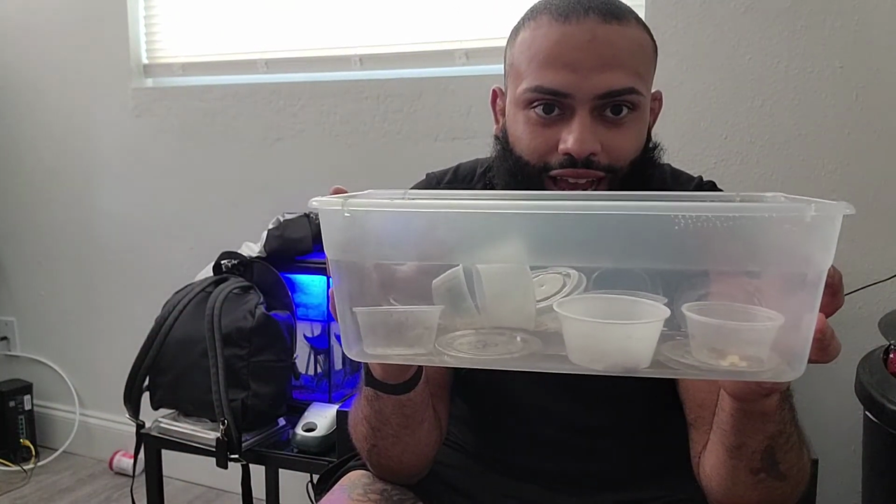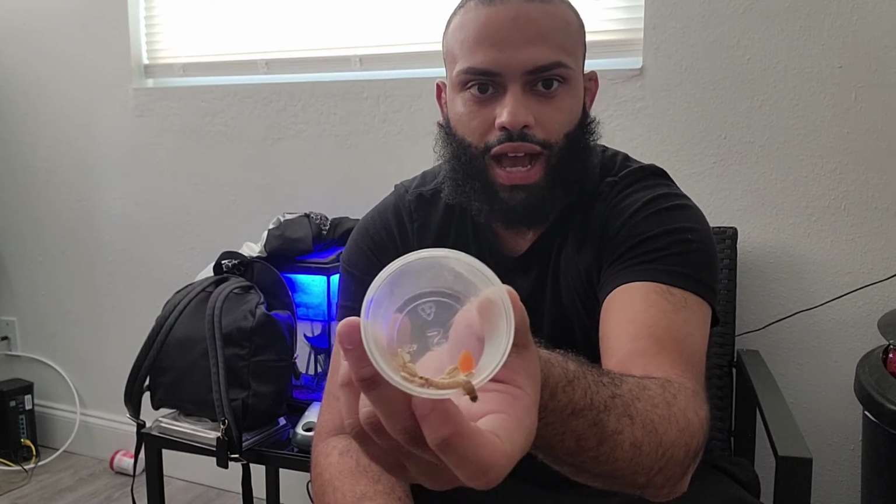The other thing that I did, and I showed in my time lapse on accident, is I have this container, and what I keep in this container is little sauce cups, or when I do buy feeders, I save the cups and I'll use them. And inside of here I have a single superworm, I have a tiny,